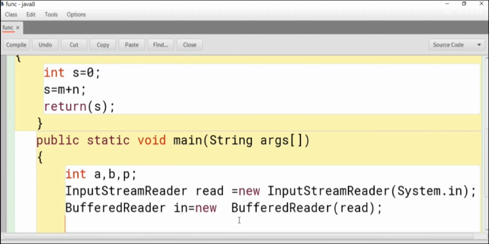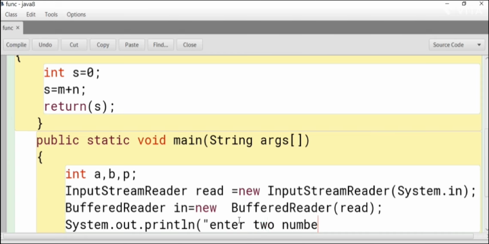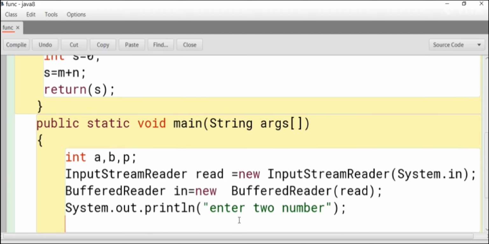Semicolon. Now we can give the output statement. The S should be capital. System.out.println. This is the output statement. And here we can give the message to the user: Enter two numbers which we are supposed to add. We'll give the values during runtime, dynamically. a is equal to Integer dot